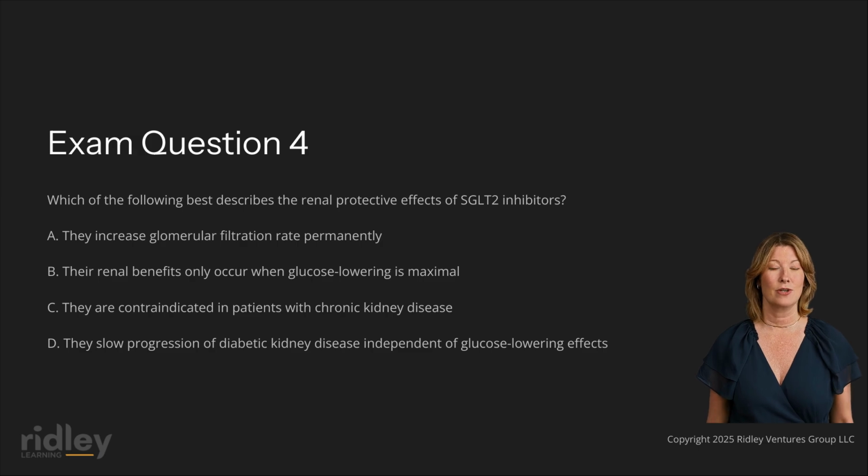Question 4. Which of the following best describes the renal protective effects of SGLT2 inhibitors? The correct answer is they slow progression of diabetic kidney disease independent of glucose-lowering effects. Rationale. Sodium glucose cotransporter 2 inhibitors represent a major advancement in diabetes therapeutics precisely because their benefits extend beyond glucose